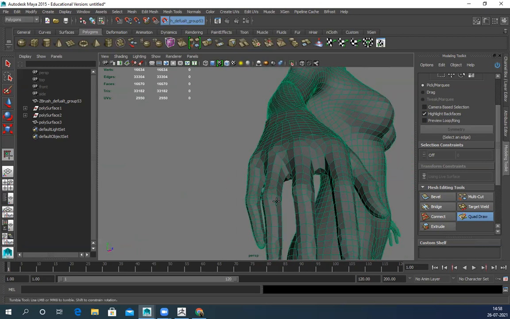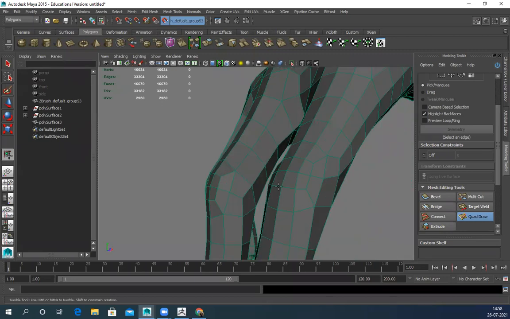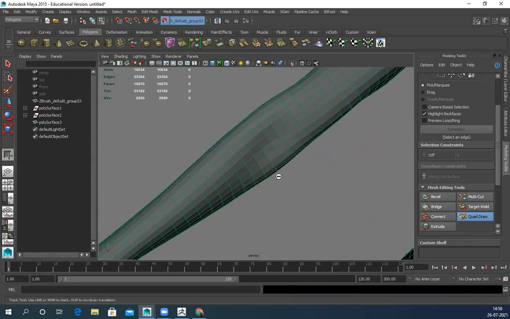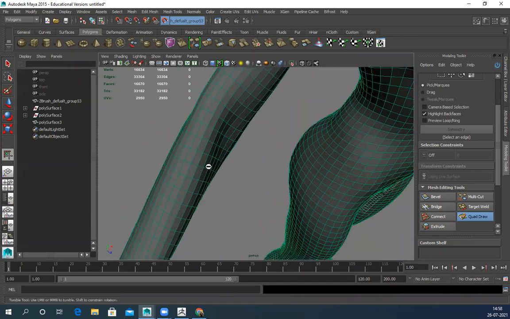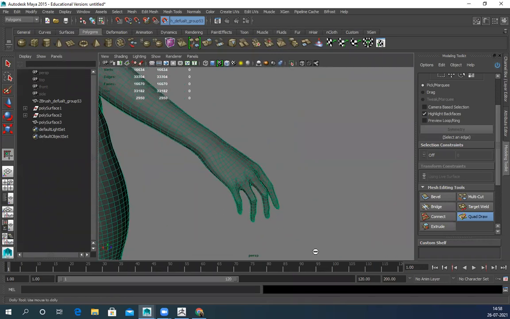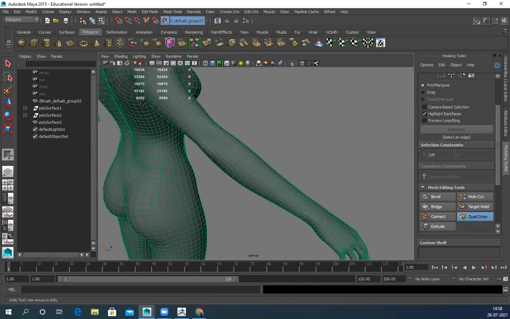It's correct. We have at least 3 loops that hold, and for the knuckle, we have this box shape also. This shape is correct. We don't have to modify anything here. This we can use. Elbow, you can see we have multiple loops. I just need to create a box like this here to hold the elbow shape.